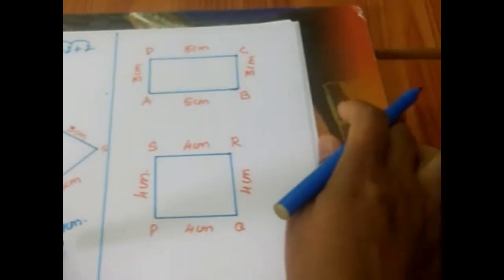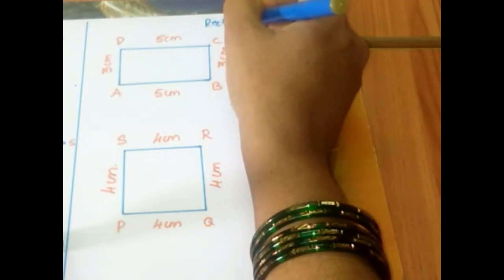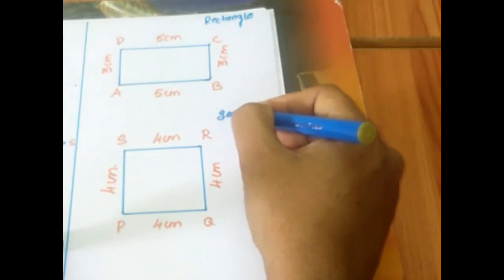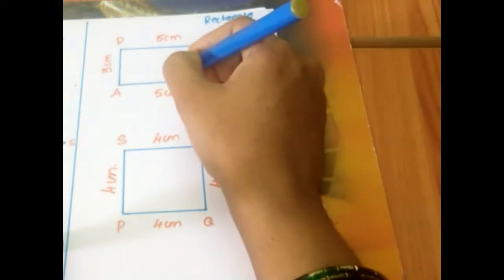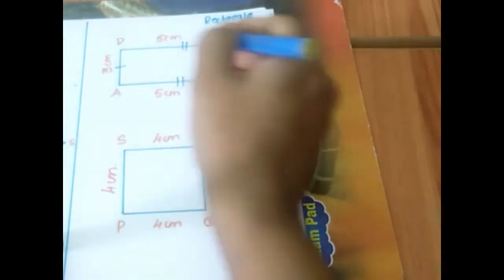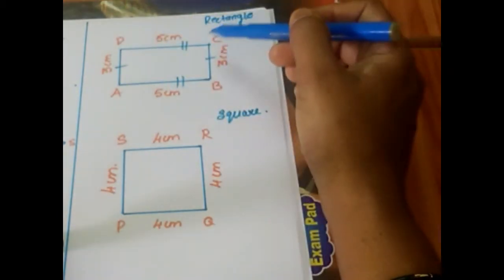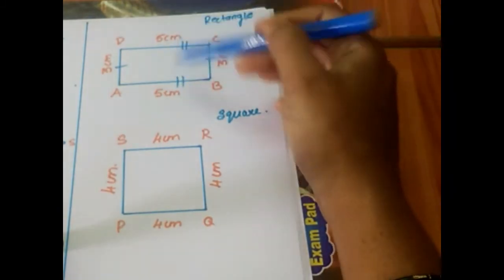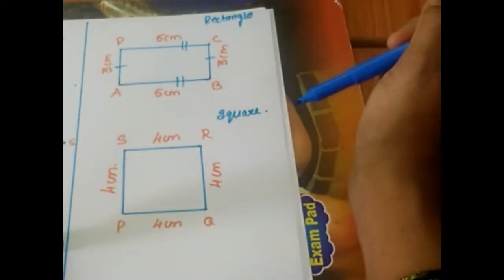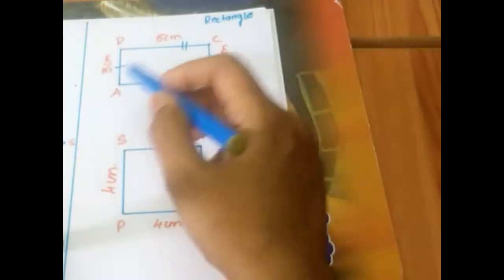So let us go to the actual concept. What we are going to learn in this chapter is the perimeter of a rectangle and the perimeter of a square. So what are the properties of a rectangle? I hope you have learnt in your lower class. Try to recall. In a rectangle, opposite sides are equal. I hope you noticed how I marked. See, I have marked 2 lines for AB and CD. It indicates that the measure of AB is equal to the measure of CD. So when opposite sides are equal, that is AB is equal to CD, in the similar way BC is equal to AD. These 2 sides are equal.